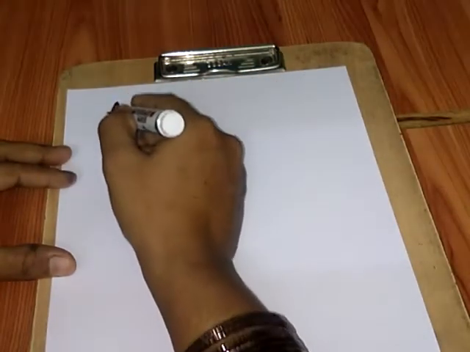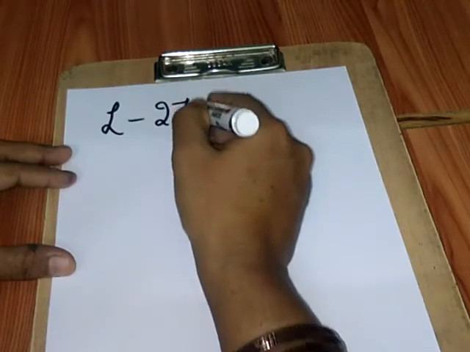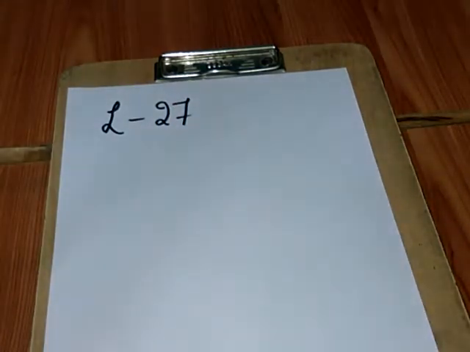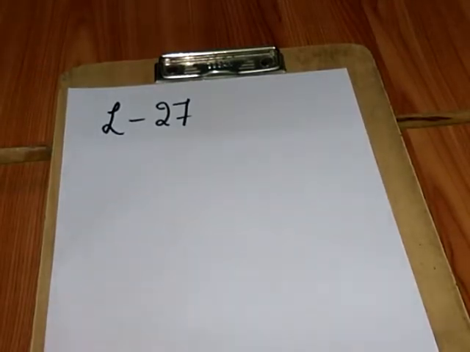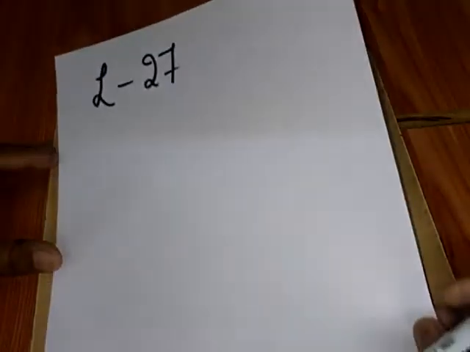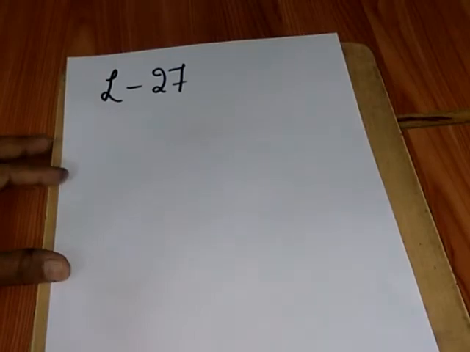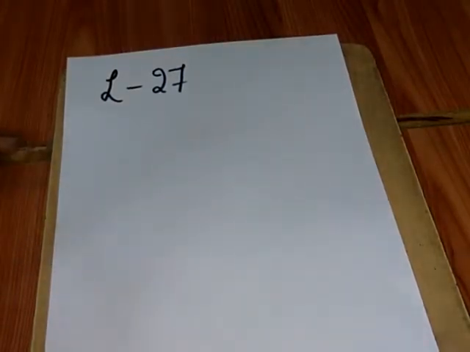Let us continue our class with one more new lesson, that is lesson number 27, graphical solution. In this chapter, we are going to learn how to find the solution for the given simultaneous linear equations with the help of a graph, or we can say solving the linear equations graphically. So let us recall what we learnt in coordinate geometry. This is the continued chapter. You need to have the complete knowledge and the method that you have learnt in coordinate geometry. You need to recall and repeat the same steps.